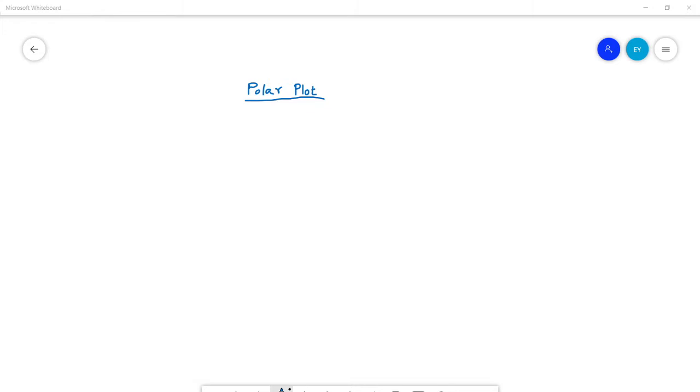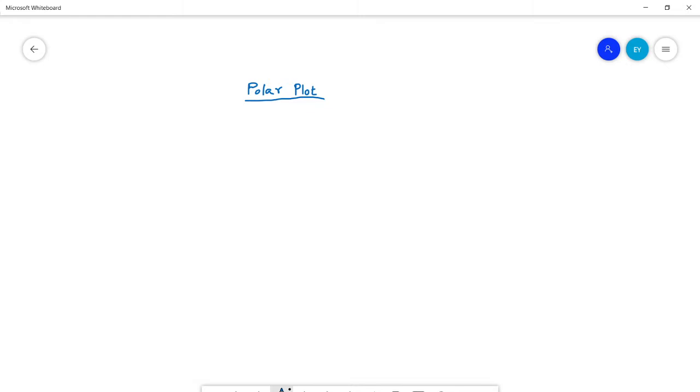Similar to the Bode plot, another frequency method we have is the polar plot. We have a couple of methods like the polar plot or the Nyquist plot also. We'll be discussing those in a future class. But in this class, we are going to discuss what a polar plot is. And remember, if you know the polar plot thoroughly, then you can understand the Nyquist plot because they are related plots.